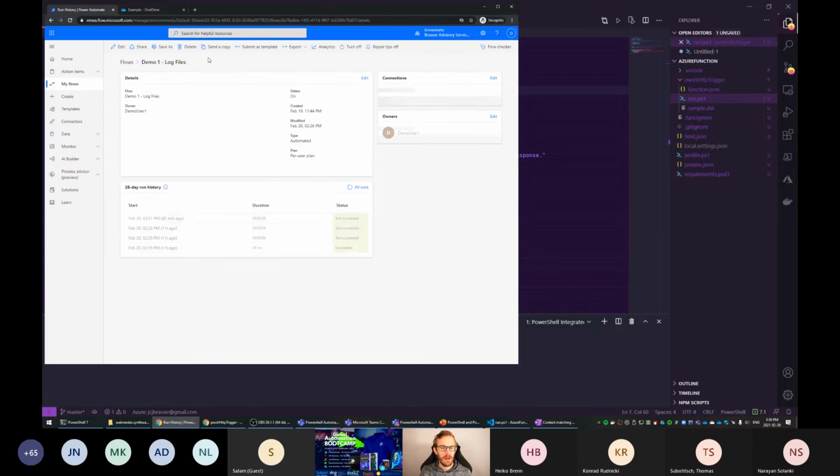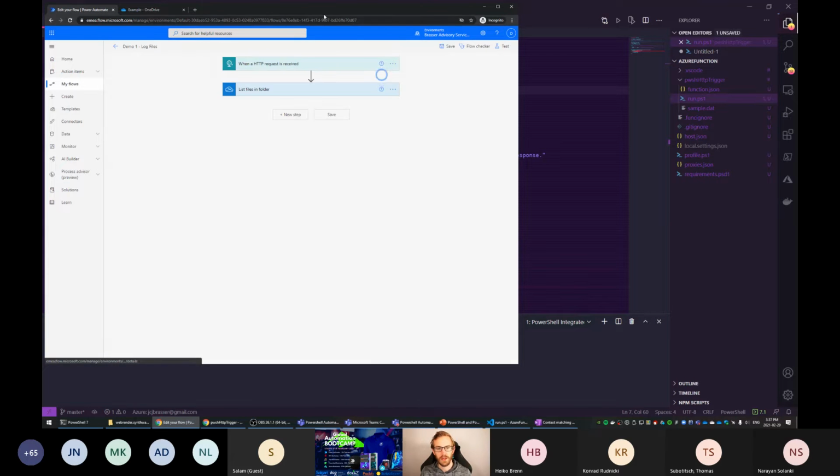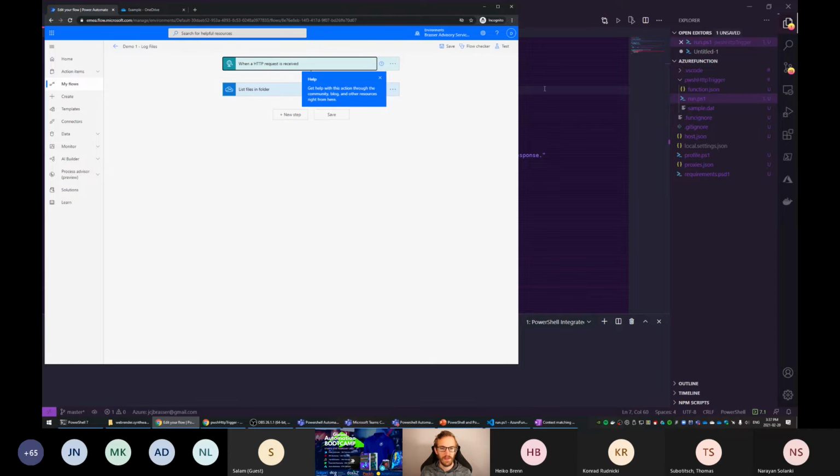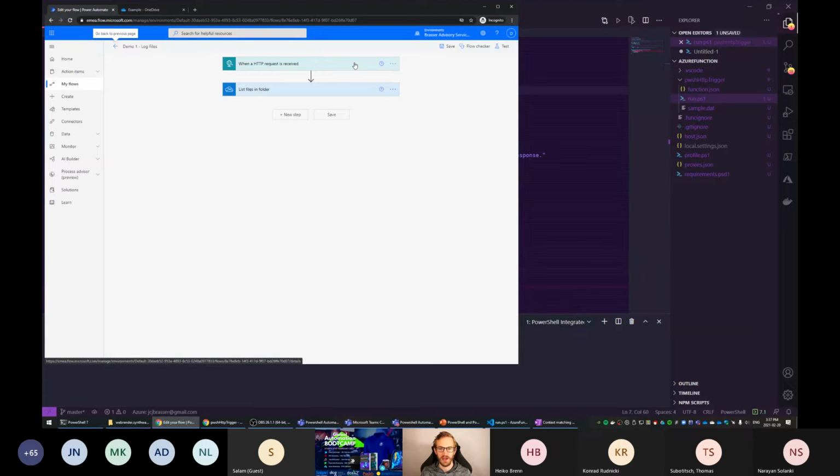So one of the things, if we want to take a look at a number of log files that are available in your OneDrive, I have a very simple flow here. So the first one is whenever an HTTP request is received. So, well, that's always an easy one. The reason I usually choose an HTTP request for my Power Automate flows is that I can just kick it off from anywhere. I can either have another flow call this one, or whenever I want to call it locally, I can open up PowerShell and just run this code directly.